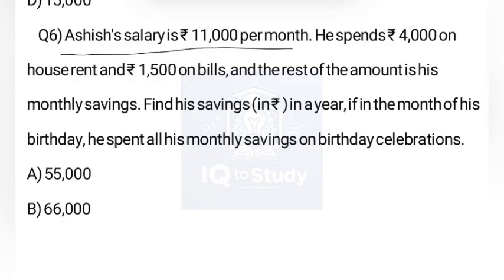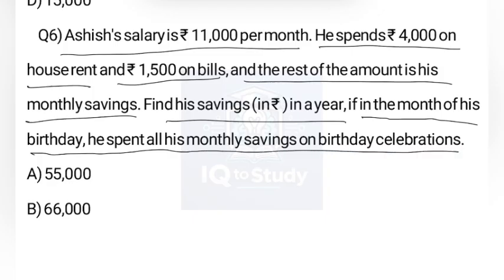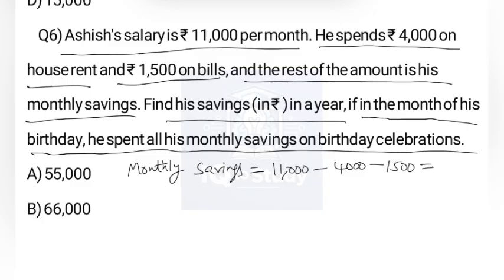Ashish's salary is 11,000 per month. He spends 4,000 on house rent and 1,500 on bills, and the rest of the amount is his monthly savings. Find his savings in a year if in the month of his birthday he spent all the monthly savings on birthday celebrations. Monthly savings is equal to 11,000 minus 4,000 minus 1,500, which is equal to